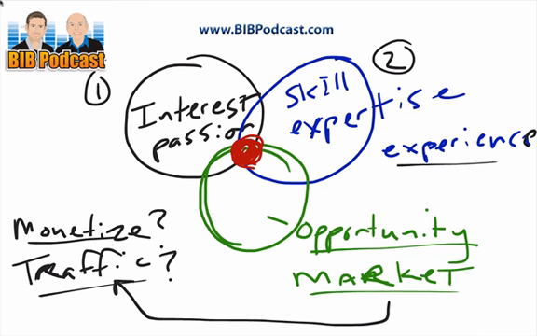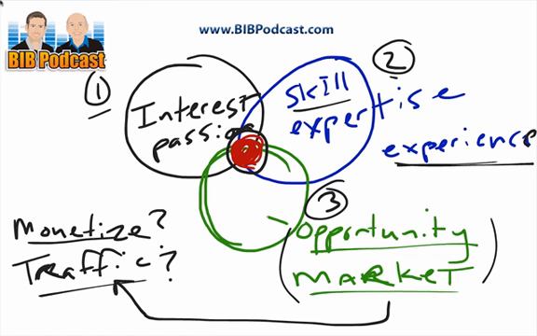If all of these three things mesh, if number 1, 2, and number 3 here, opportunity and market, if all of these things come together and we determine there is interest, there is a level of skill and understanding and experience, and there is certainly an opportunity, there's a market for it, then these are all good signs and a very good indicator that this is a great niche to go into, because you've got the interest, you're going to